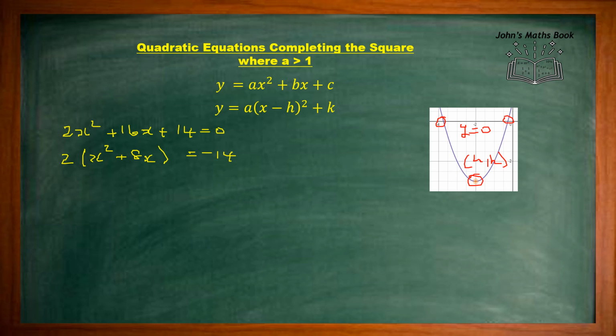So to complete the square, we need to take b. So the b is the coefficient of the x term, which is 8. We need to divide that by 2 and square it. We need to add this value to both sides. So in this case, we have 64 divided by 4, which is equal to 16. So if we add the value of 16